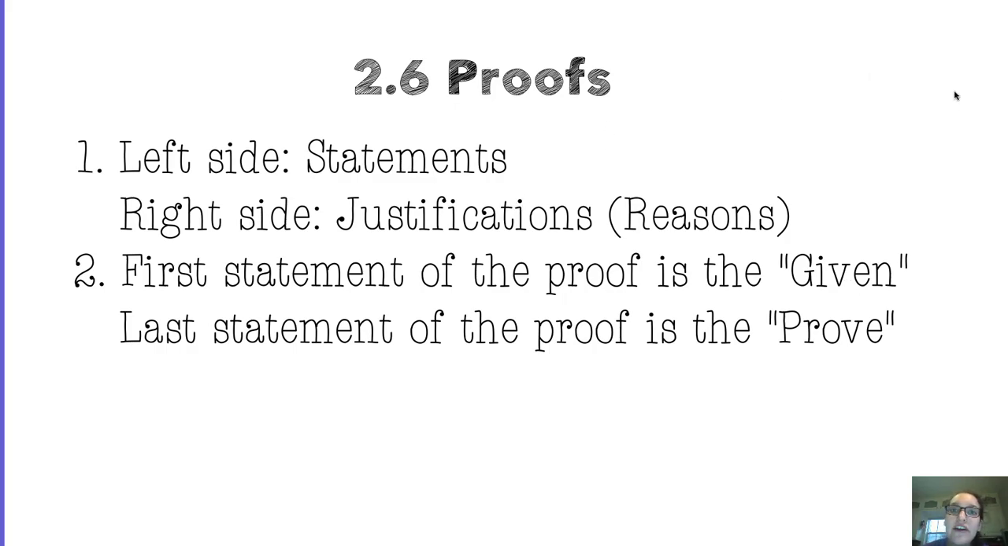So you're going to have a 2-column proof. The left side of your proof will be all of your statements. The right side of your proof will be all of your justifications. And so justifications are things like properties, definitions, theorems, postulates, basically all of those math rules that we've been learning, and we're going to keep adding